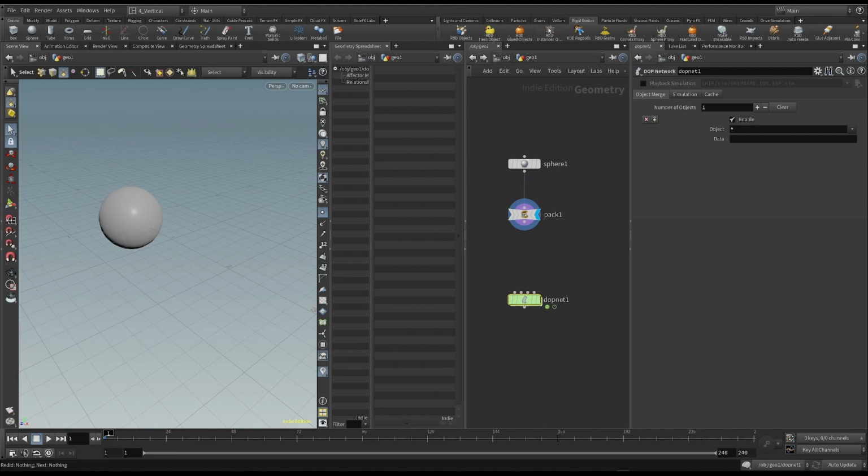However, we won't use any of these pre-made simulations in our course, except in a few specific cases. We will start from scratch with everything. So, we will add all of the nodes in this dope network individually. This may seem harder at first, but it's the best way to really understand how Houdini works and how all the nodes work. Also, it's the only way to make simulations that are much more complicated and advanced than what we could make with the tools we already have. So, in these lessons, we'll learn how to set up the basic elements and add all the nodes we need